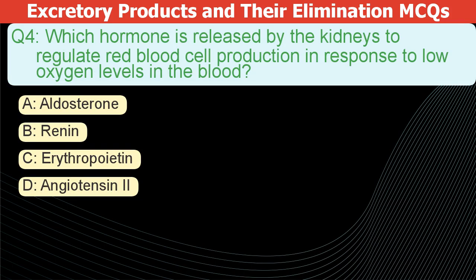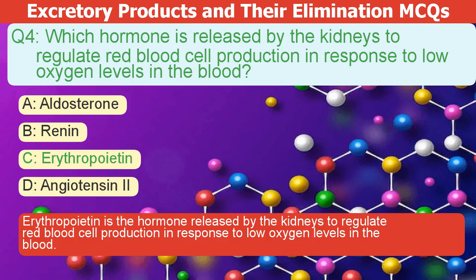Which hormone, released by the kidneys, regulates red blood cell production in response to low blood oxygen? A. Aldosterone. B. Renin. C. Erythropoietin. D. Angiotensin II. The correct answer is C. Erythropoietin is the hormone released by the kidneys to regulate red blood cell production in response to low oxygen levels